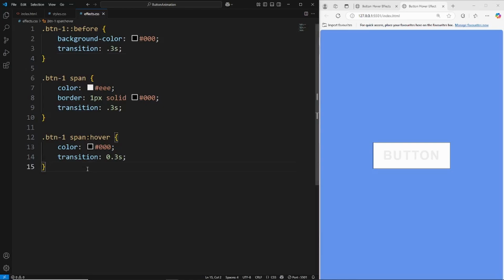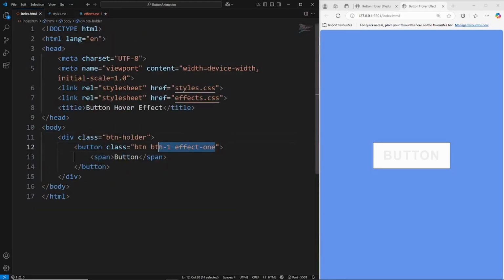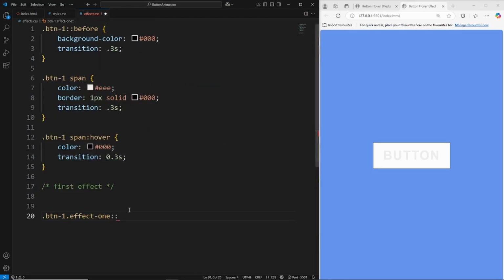So pretty much done with all the styling now. Now we can start working on the first effect. So we'll just put a comment here, first effect. And we're just going to grab the btn1. Then we're going to grab the class of effect1 that we first initially put inside of the HTML. If we take a look, see it's this class here. And then we'll say on the before,